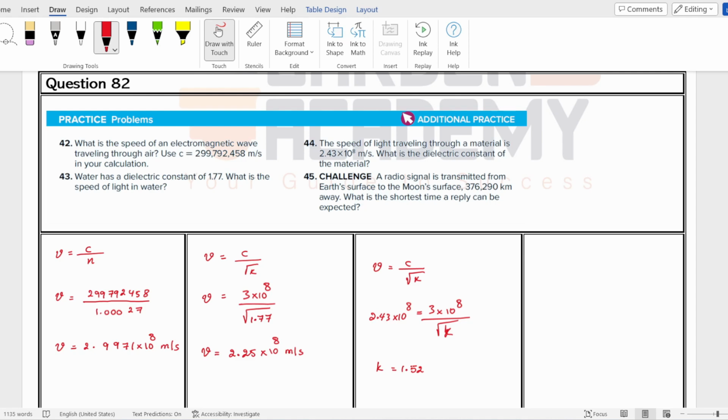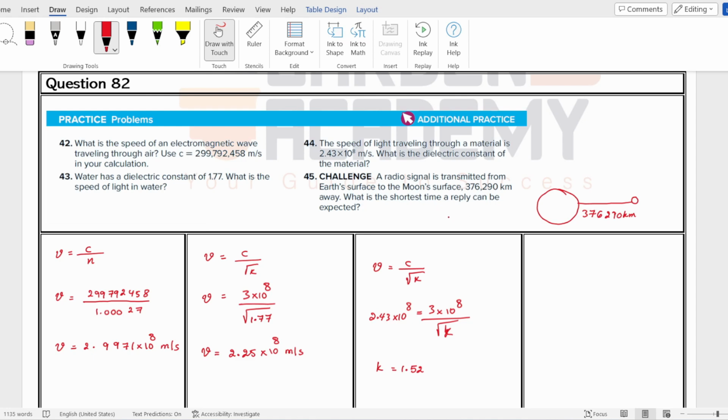290 kilometers away. What is the shortest time a reply can be expected? If we draw, for example, this sketch to represent the Earth and the Moon. The distance between the surface of the Earth and the Moon is given as 376,290 kilometers. Now he is asking for the shortest time a reply can be expected, meaning going back and forth. Since he said shortest time, it means the wave will be moving with the speed of light